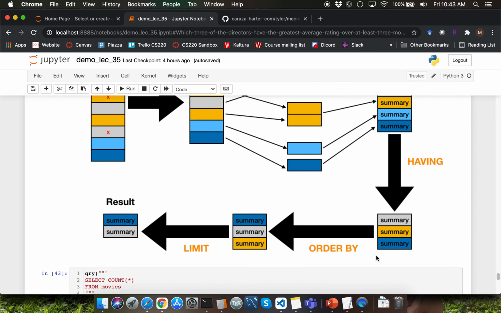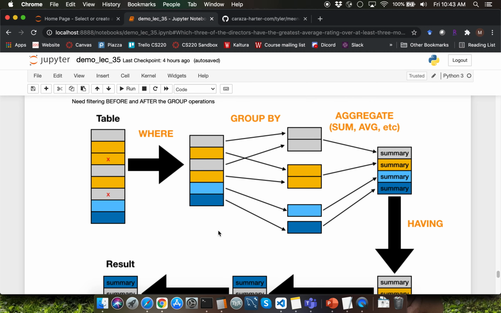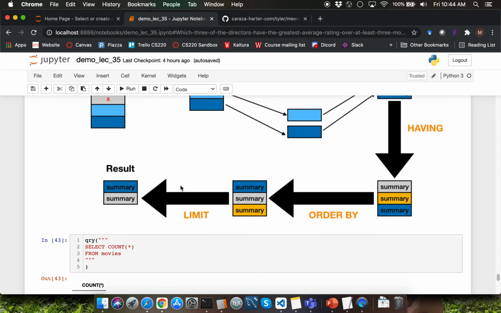After applying the having clause, we are going to apply the order by clause to order the summarized rows based on a specific column's ordering. Finally, we are going to apply the simple limit filtering clause to limit the rows. This diagram does not show the select clause. That's because the select clause is a little bit tricky to represent as part of this diagram. If you think about it, part of the selection happens when you perform the aggregation and part of the selection happens when you perform the limit.